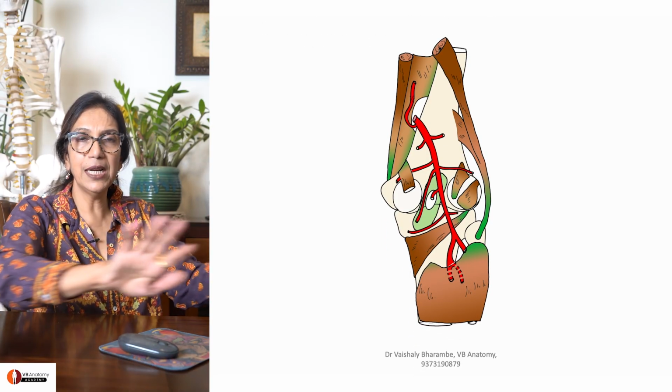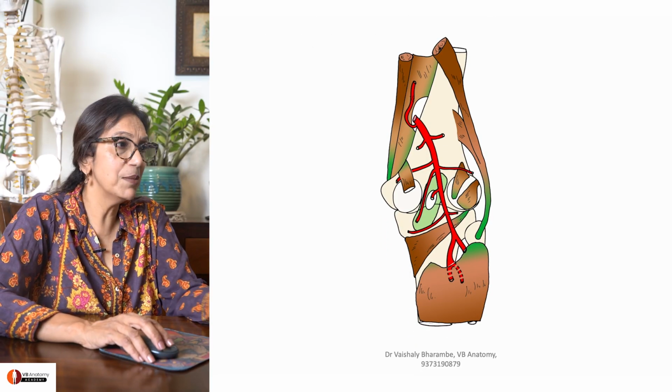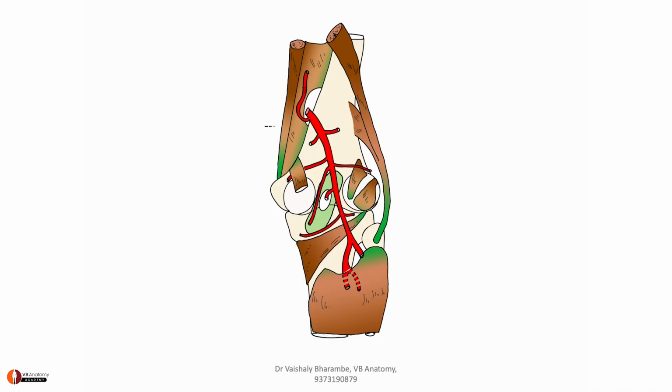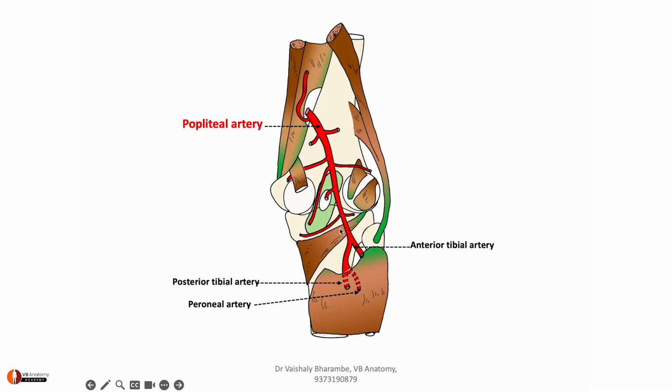So I've removed all contents. All I have left in the diagram is my popliteal artery. Here it is. You can see how popliteal artery is dividing into posterior tibial and anterior tibial, terminal branches. Okay, and this it's doing by passing deep to the soleus. So you can see that I've drawn it dotted. Now, here you're seeing muscular branches, some more muscular branches.